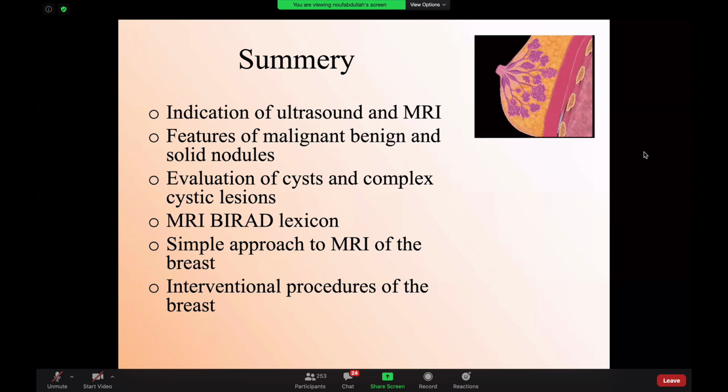Okay. The next from Dr. Abdul Khaliq. Is a thick or thin echogenic capsule on ultrasound considered as a BI-RADS lexicon term? As I said before, no, because it used to be in the previous edition, not the last one, but I still find it one of the most helpful features. It was described by Dr. Sickles. He's the godfather of breast ultrasound, and I find it's one of the most helpful. So whenever you find the thin echogenic capsule, this is really benign. Whenever you have a thick echogenic capsule, it is very suspicious.